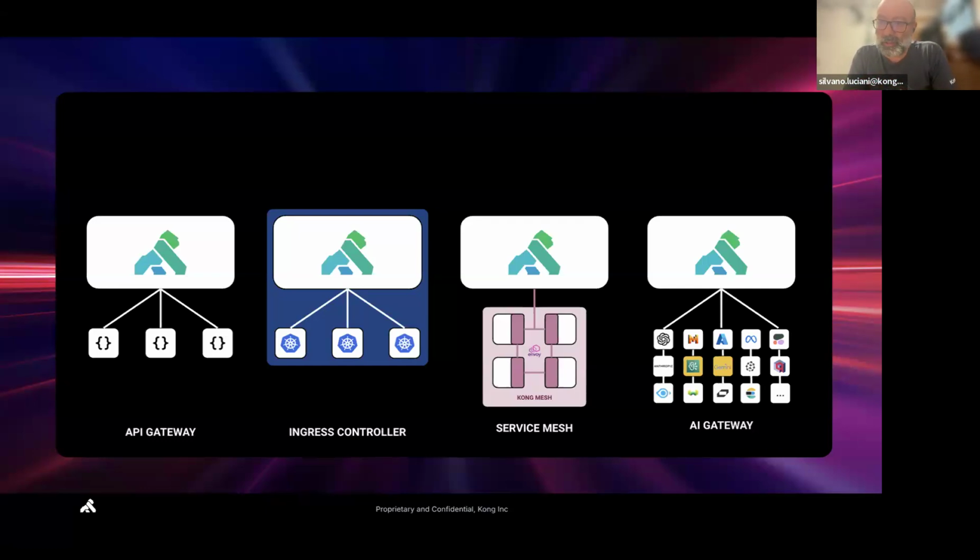We have Kong Mesh for east-west traffic between your services, with mTLS, observability, and all the features of a modern mesh. And now the AI gateway becomes the fourth pillar of our ability to let you manage and control traffic to APIs and services with these specific functionalities for AI.